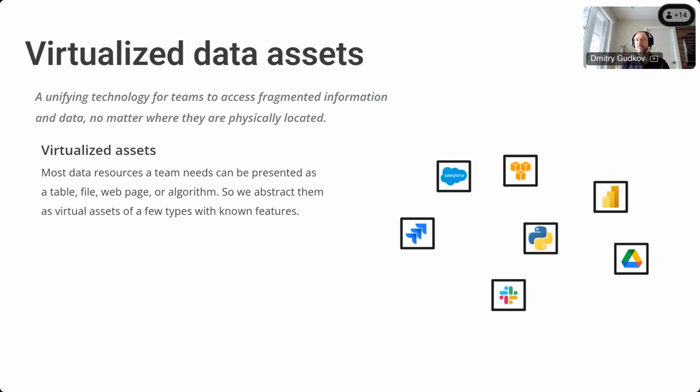For instance, we have a file storage system. We can have applications like Google Drive or OneDrive or SharePoint or maybe Azure Blob Storage or something else. But if you look at them from a higher perspective,